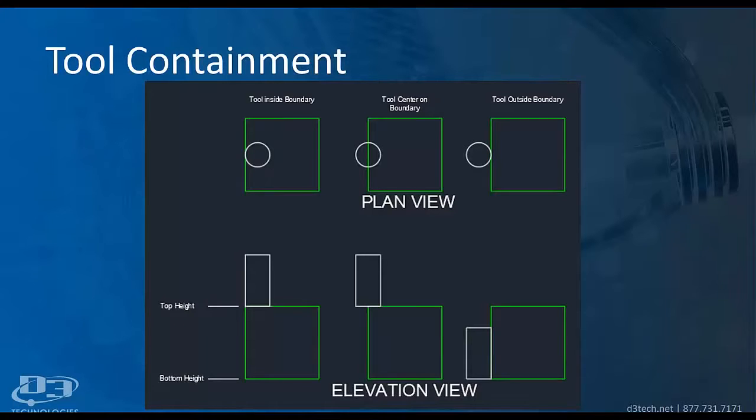The thing you want to watch, sometimes you might get a right result where it looked like you contained the tool and didn't allow it to waterfall over the edge of a part. And then you might do something like change a step over and notice the toolpath waterfall over the edge. And what I really wanted to tell you is this is based on the tolerance of the model when you calculate the toolpath, because that containment is a very accurate